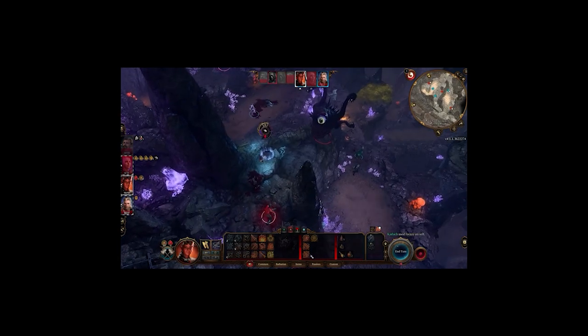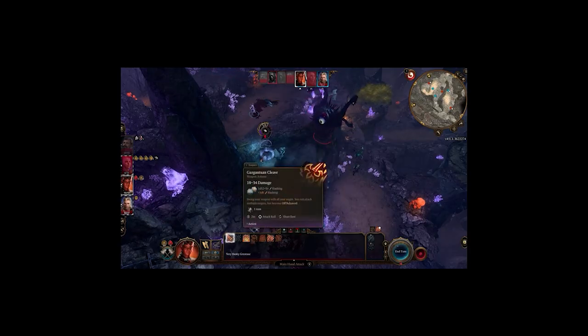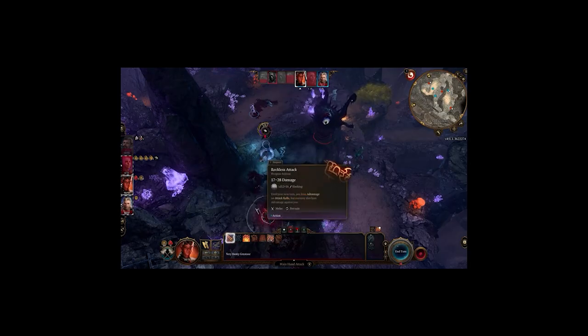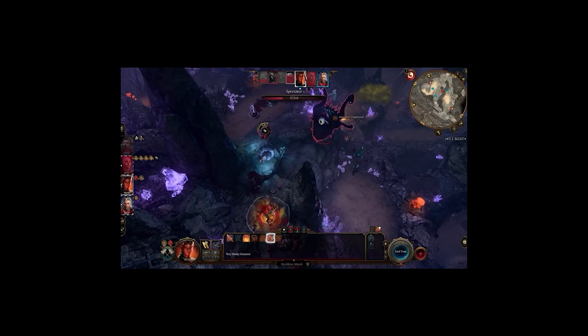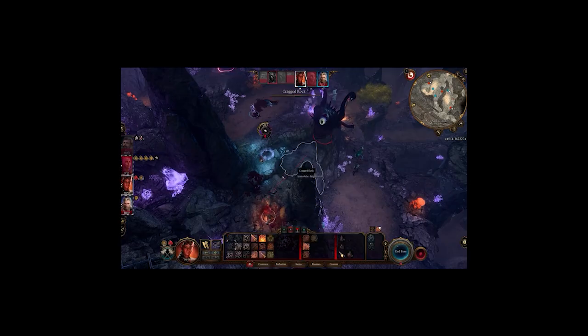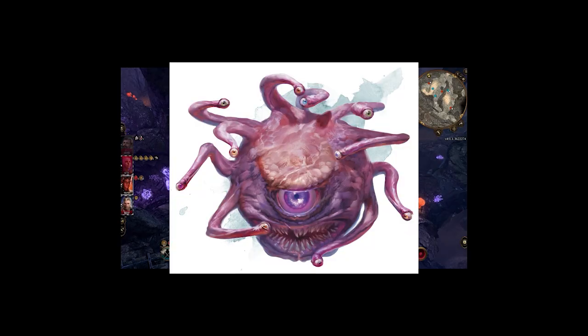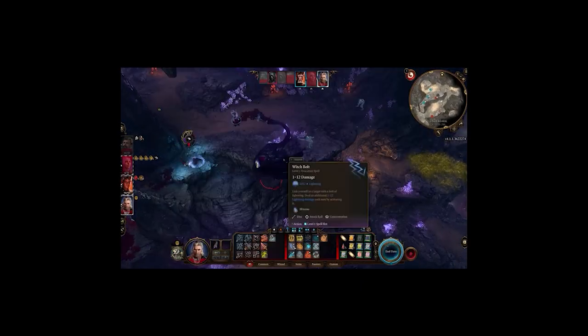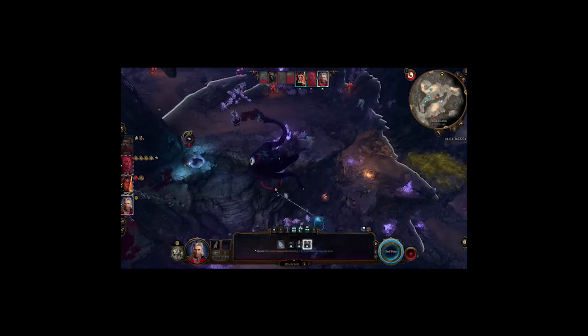Alright, after going over their lore, I kind of want to go over the different variants of beholders. Now, there are too many to count, and there are so many in different editions and different settings. I don't think I'll cover them all, but I'm going to pick a handful that I think are the most interesting. The Eye Tyrant would be considered the standard beholder, the one that is the most iconic and most recognizable.